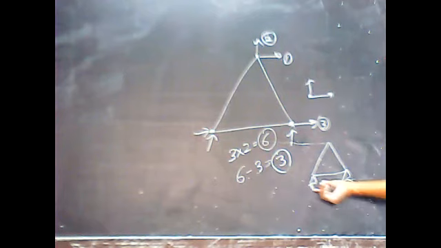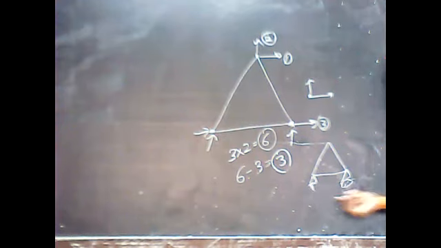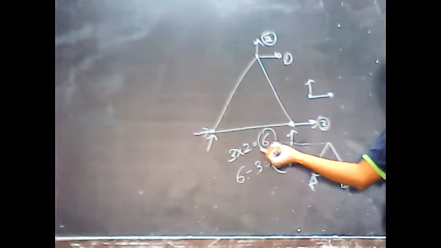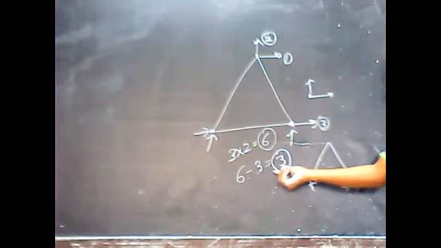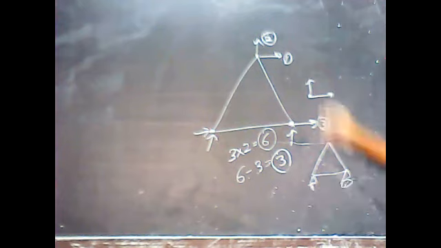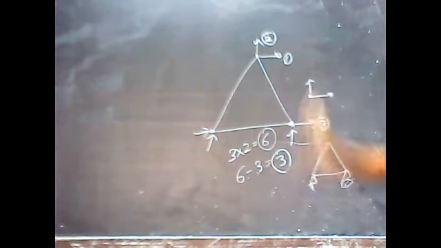Then count the number of reactions. The number of reactions is nothing but the supports provided on the structure. Count their support reactions. One is a hinge support, the other is a roller. Hinge provides 2 reactions, roller will provide 1. Total is 3. Without restrictions, the degree of freedom was 6, and after restrictions, the remaining degree of freedom comes out to be 3. That is the answer to this question, and you have to represent those on the structure. That's how you can do the representation.